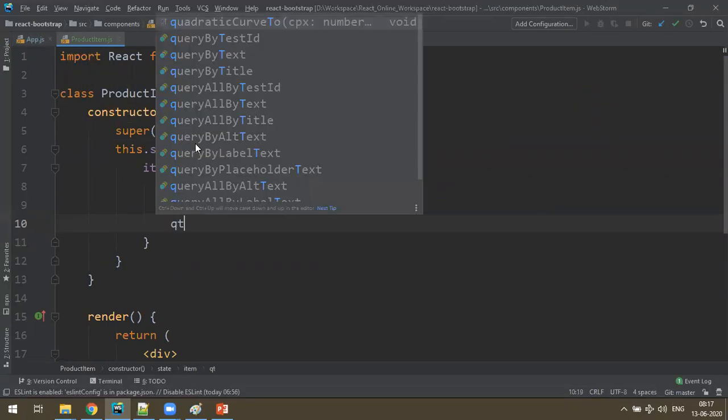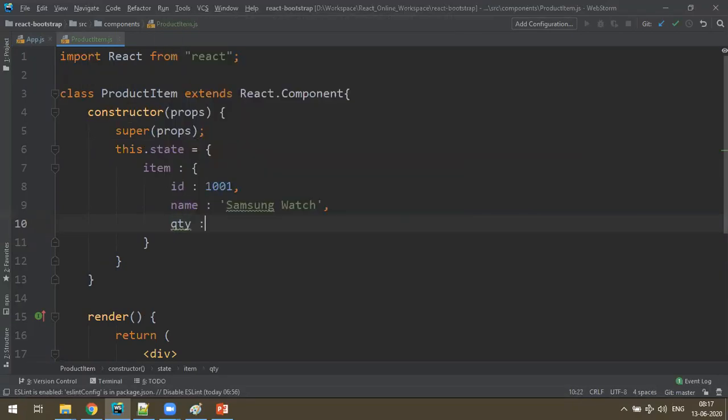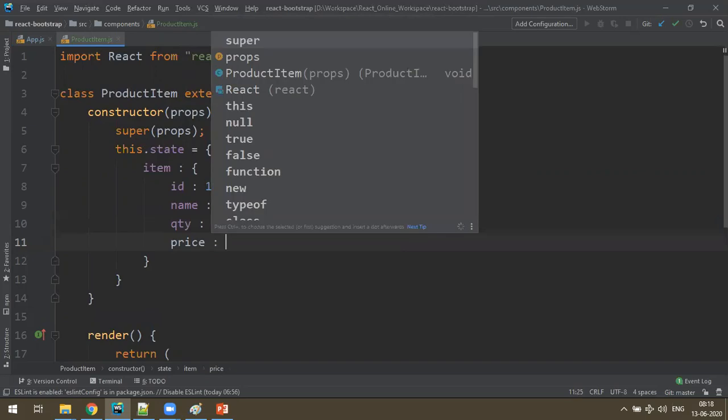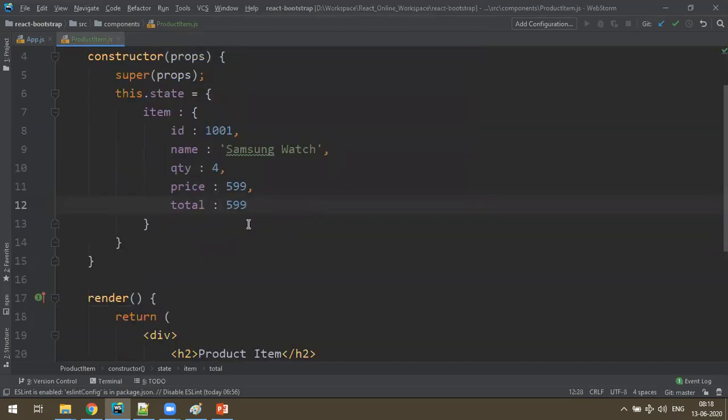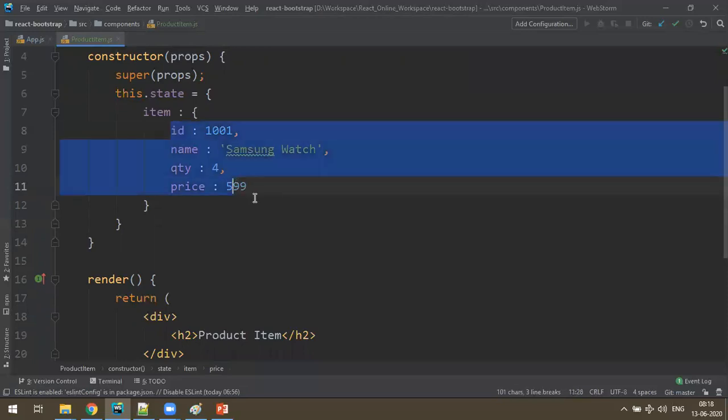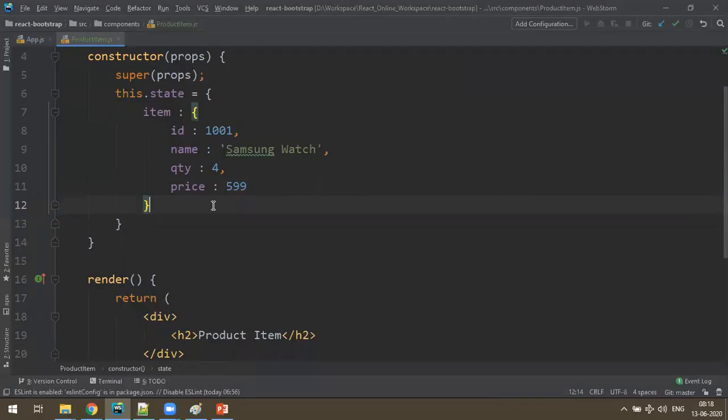And what else? You need to have a quantity. Okay, so existing quantity, let's take 4. Okay, and the price is around some 599 rupees, comma, total also 599. No? Okay, this is for default information. Actually, the total we can make in the next layer. Anyway, price into quantity is the total, right? So don't make total over here. Fine. So only these four. I want to display in a table format.